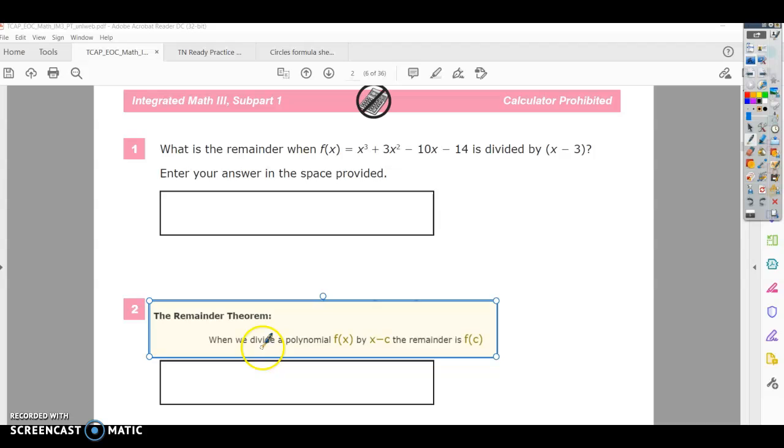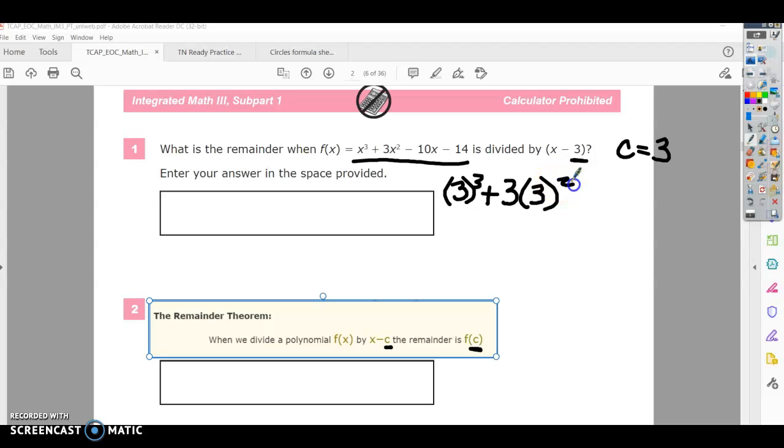All right, so you see when we divide a polynomial f of x by x minus c, the remainder is f of c. So that means we just take whatever number here for c and plug it in to find what we need. So we're going to take this function here. Since this is x minus 3, we know that our c would be just 3. So we're going to do 3 cubed plus 3 times 3 squared